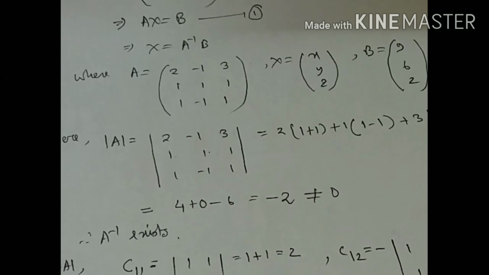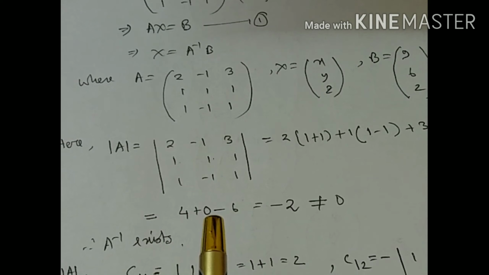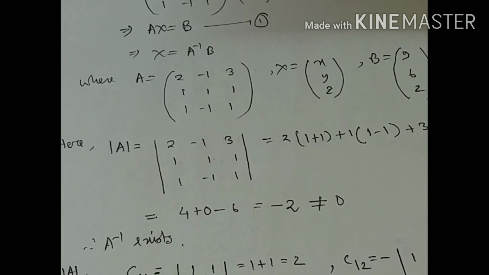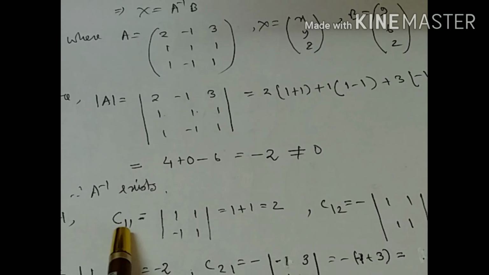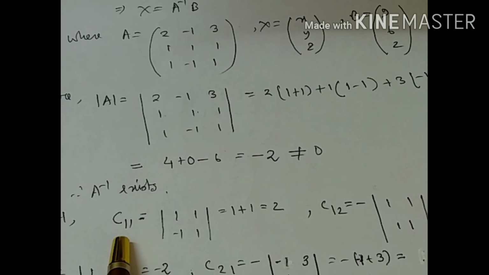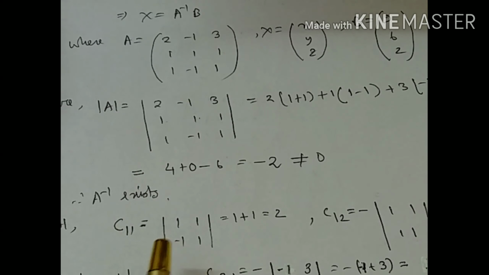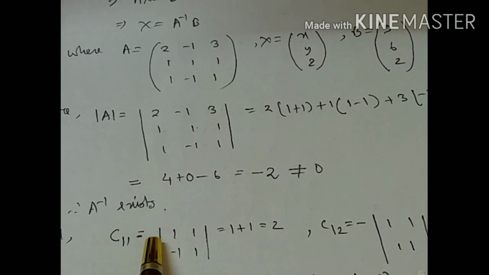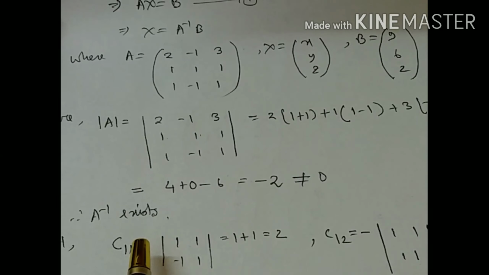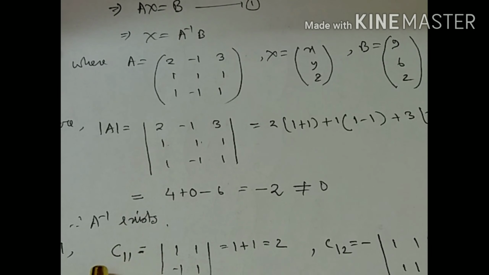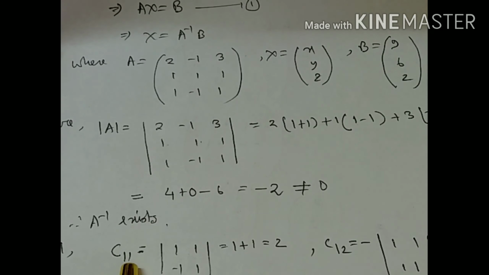So next step, we have to find the cofactors. We already went through this in our earlier classes, how to find the minors and cofactors of the elements of a matrix. So in determinant of A, C11 is the cofactor of the first row, first column element. When we find the cofactor, the sign is minus 1 to the power i plus j, where i is the row number and j is the column number. So this becomes plus, because the row number is 1 and the column number is 1, 1 plus 1 is 2, minus 1 whole square equal to 1.